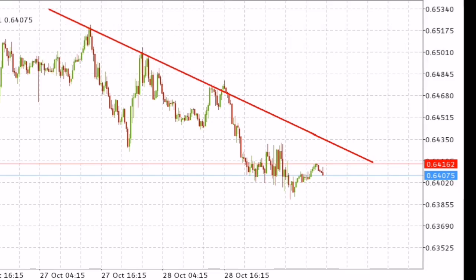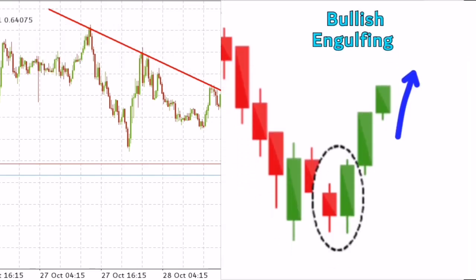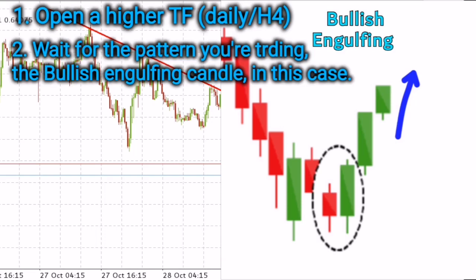For example, you can trade the bullish engulfing candle. Now, how? You open a higher time frame like the daily or the H4, the 4-hour time frame, and you wait for a bullish engulfing candle, which means every 4 hours you will be checking all the currency pairs and you are watching out for a bullish engulfing candle,